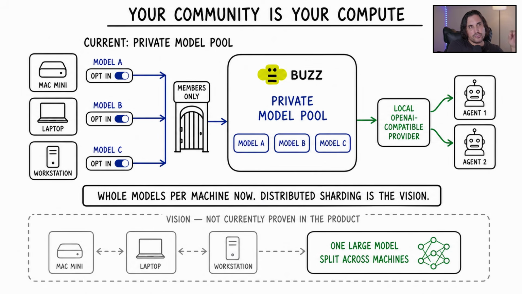So something that can then be used in your community as for members only is they can actually start to use models that you've maybe fine-tuned and trained. And you can kind of see it from this image here. I may have a Mac mini, you may have a laptop, somebody else may have a workstation. We can then choose to opt in our computers. And then the members in that community will then be able to use some of those models for their own compute purposes or for their own queries or anything like that. In the same way that we use ChatGPT or Claude or anything like that, it'll be able to use local models that I may be hosting on my computer, which will then power the different agents that we have on Buzz.